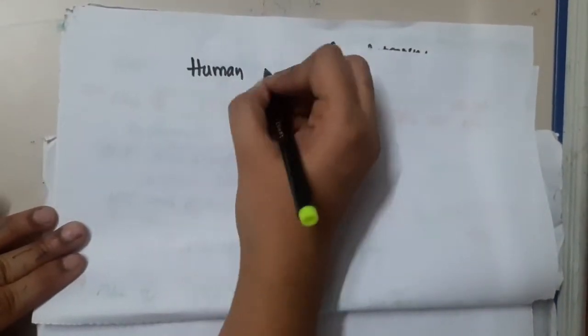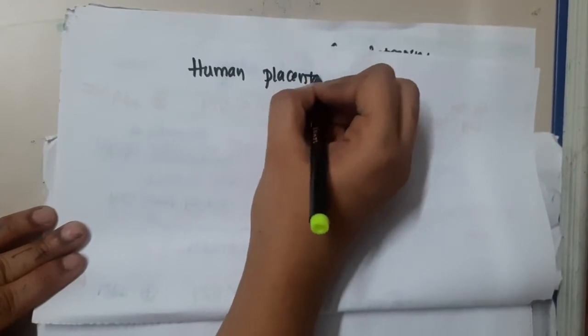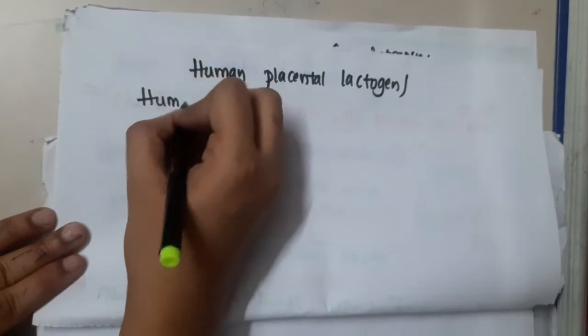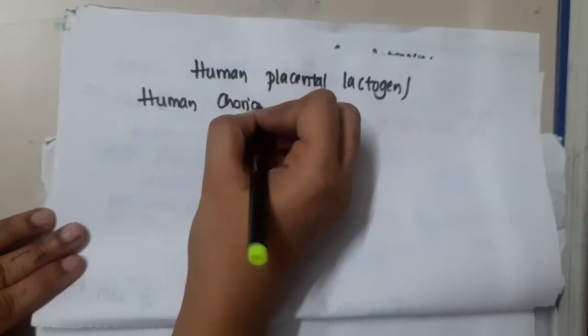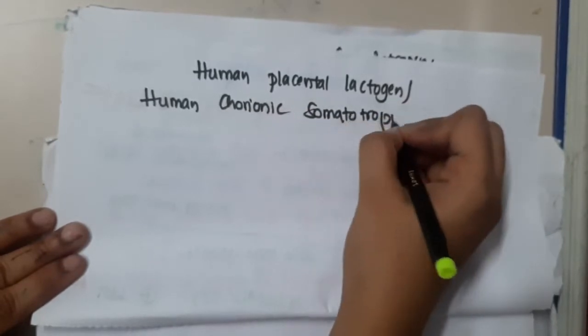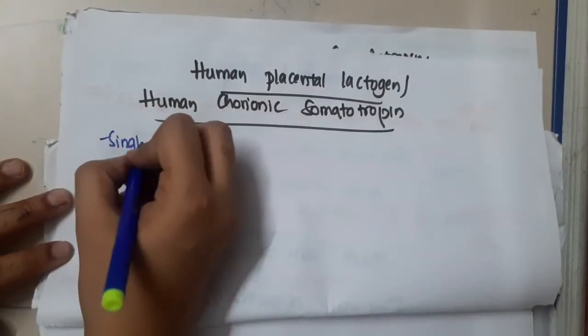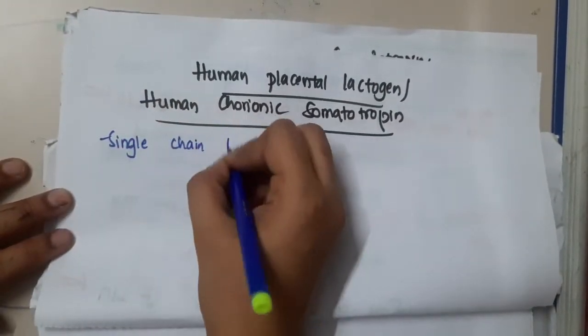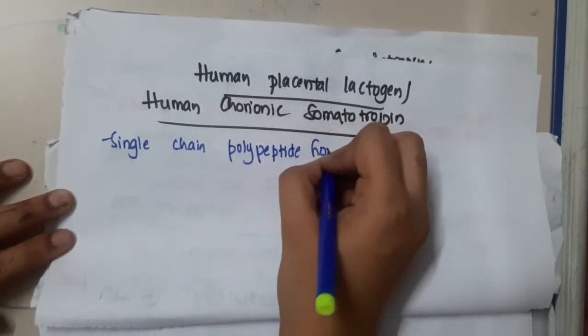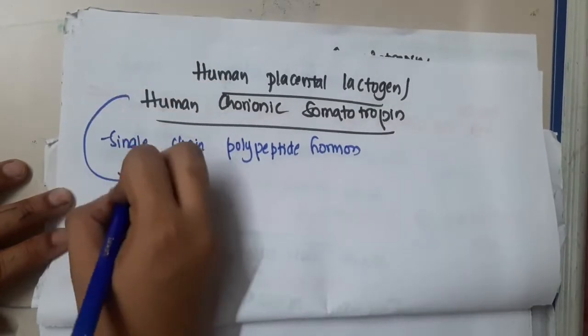Hello friends, let us now learn some important points about human placental lactogen. Human placental lactogen is also called human chorionic somatotropin. In human placental lactogen and human chorionic somatotropin, here you will see presence of a single chain polypeptide hormone. It is a single chain polypeptide hormone. This is actually similar to